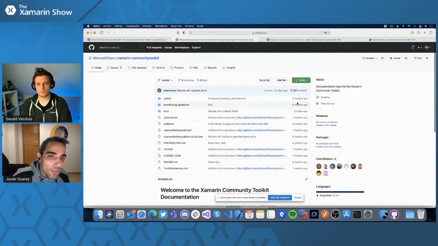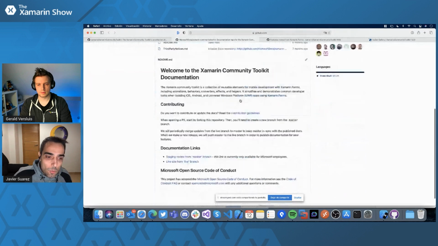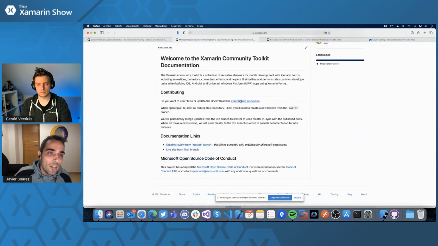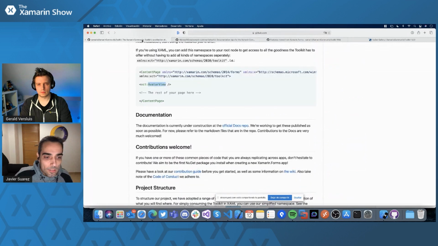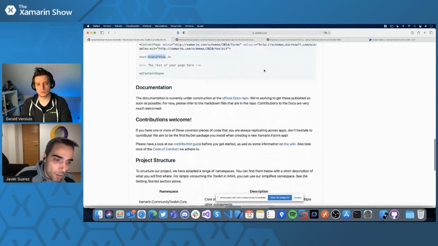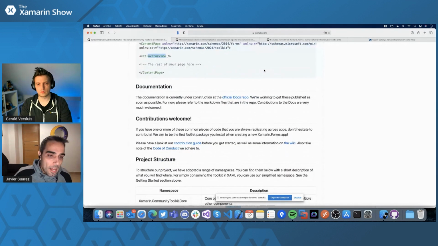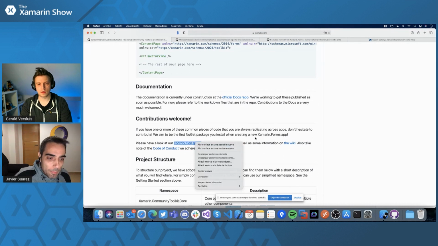If you want to contribute with that in Microsoft Docs, there is the Xamarin Community Toolkit project related with the documentation, where we are writing the documentation related with the different parts: the controls, how to use the controls, behaviors, etc. So that's it. And we have said that, but of course, there is a wiki with a small guide about how to contribute.